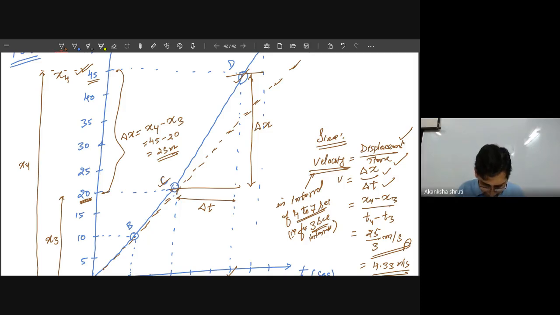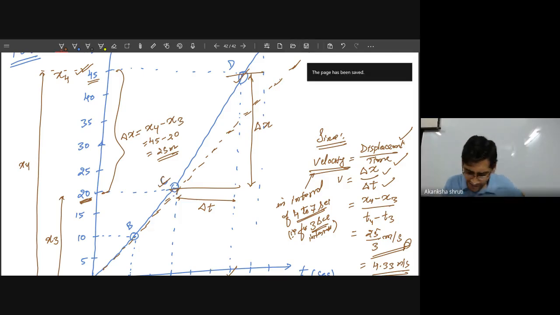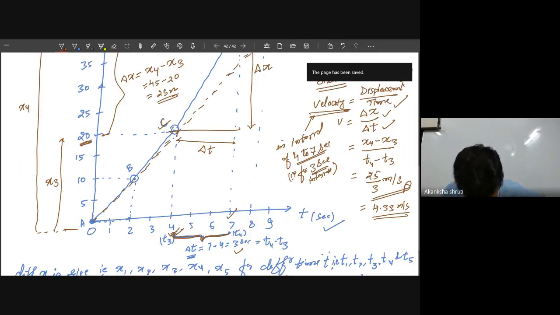Okay, if the path is known or all the positions are known, in that case it will give the distance, and in that case this velocity will give us speed. But if the bigger time interval is given, we shall always consider it as the velocity. So student, in this way we can write the following conclusion,